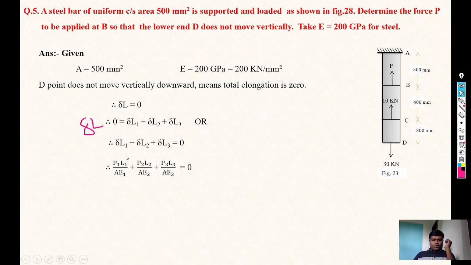So where delta L1 is what? It is the elongation of first section. So for that we can write P1 L1 by A E1 plus P2 L2 by A E2 plus P3 L3 by A E3. We can write like this also. Just take A and E as common if modulus of elasticity is same. So we can consider A and E as a common column,